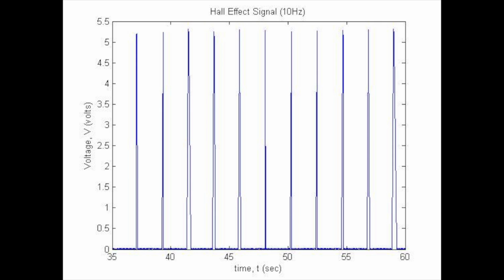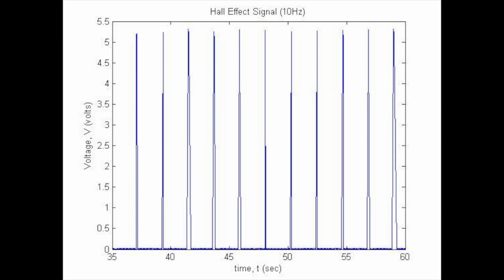The data collected from the Hall effect sensor was analyzed in MATLAB. Unfortunately, the results showed an abnormal pulsing pattern. The expected pattern was an evenly distributed pulsing signal. Looking at this time domain plot, when the magnet was over the sensor, a 5-volt signal was produced, represented by